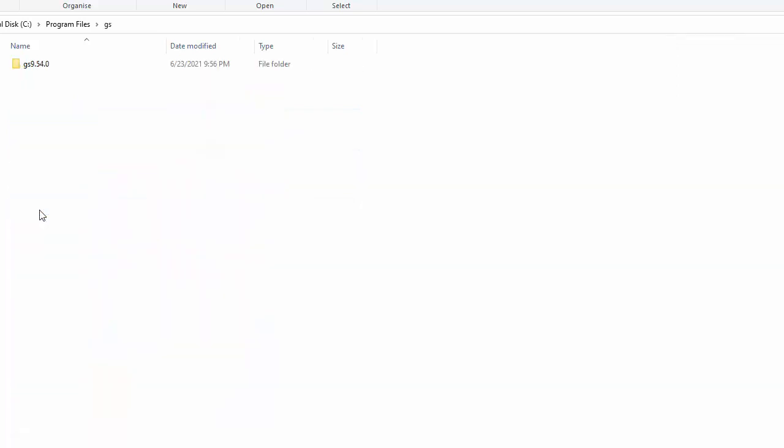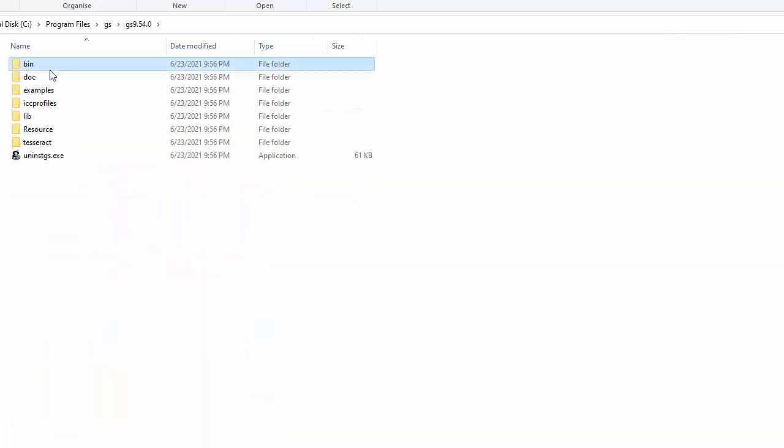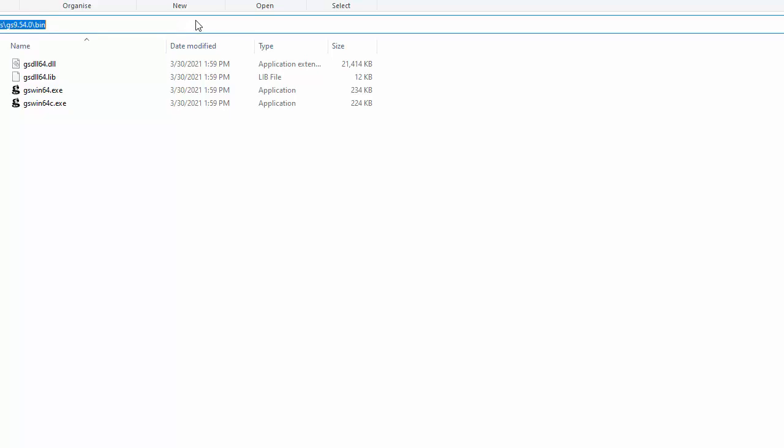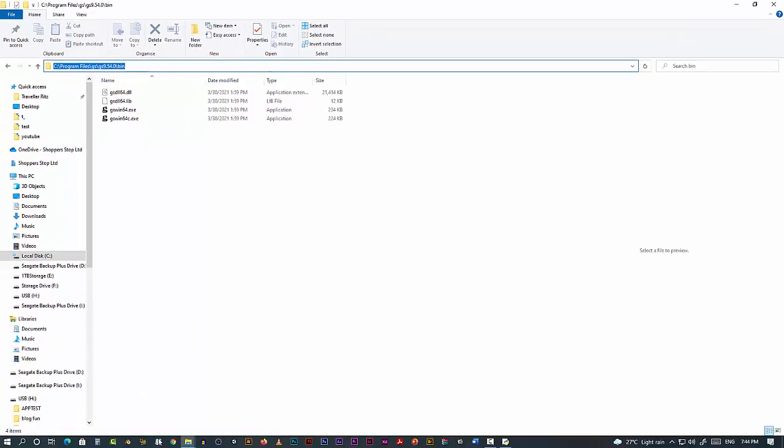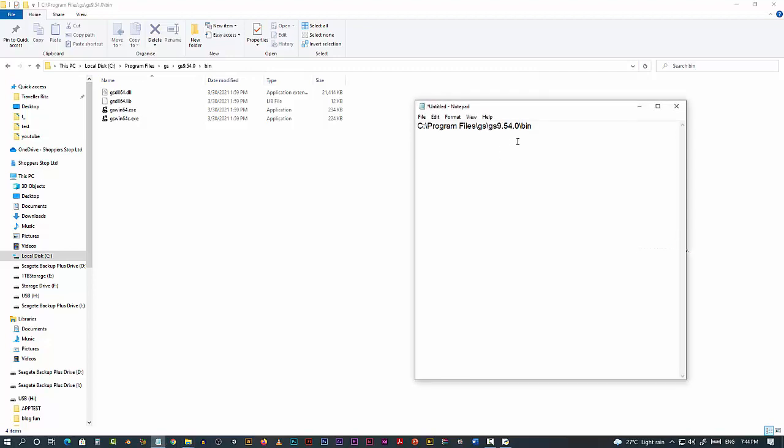So this will be the path of our program Ghostscript. Okay, it will look something like this one and this one.